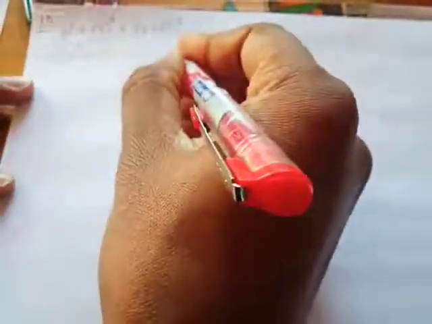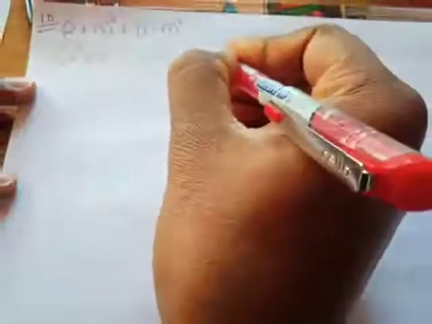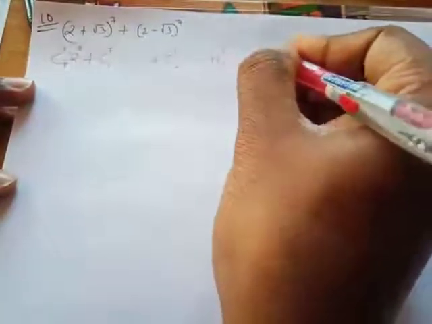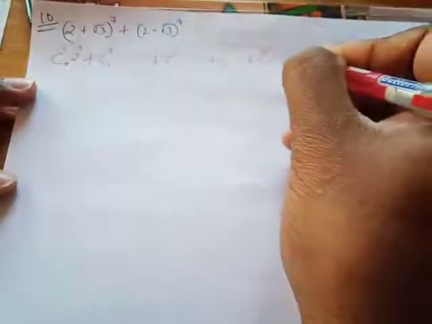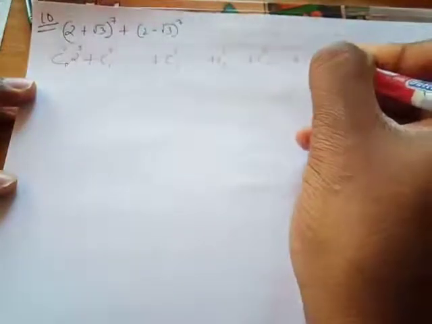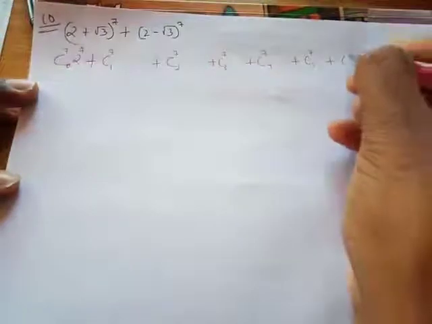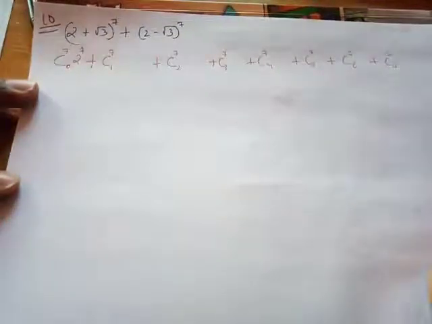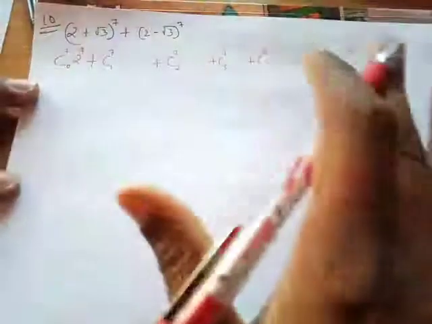Okay, I'll write everything that contains C. First C plus C to the power 7 2 plus C to the power 7 3 plus C to the power 7 4 plus C to the power 7 5 plus C to the power 7 6 plus C to the power 7 7. Is that okay, everyone? In order to just make my question simpler, I have shown you guys like that. Now